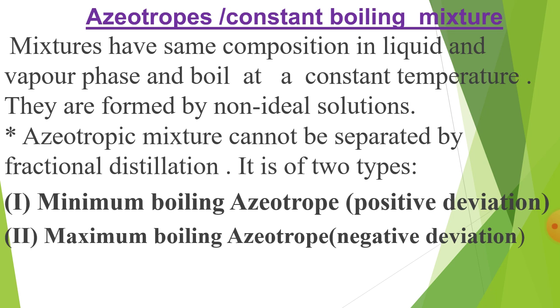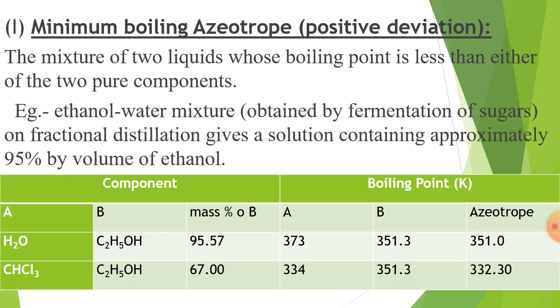Maximum boiling azeotropes show the negative deviation. In case of negative deviation, the force of interaction is much more than in the positive deviation. That's why they have a higher boiling point than the components. Now, minimum boiling point